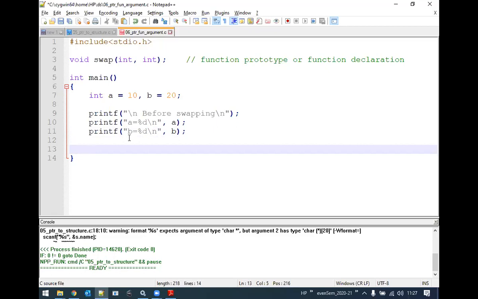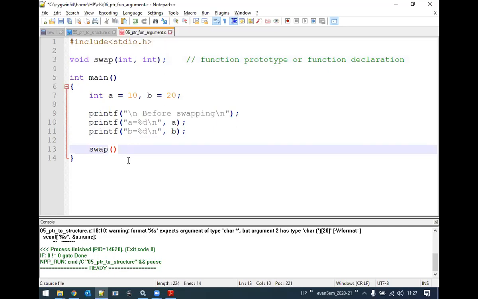And then I need to call the user defined function. Since I want to call it, I need to look at its function prototype. It is not returning anything. That means I need not write anything before the name of the function. So I can just write swap. Since it is taking two parameters and both are of type integer, I need to pass two parameters of integer data type.